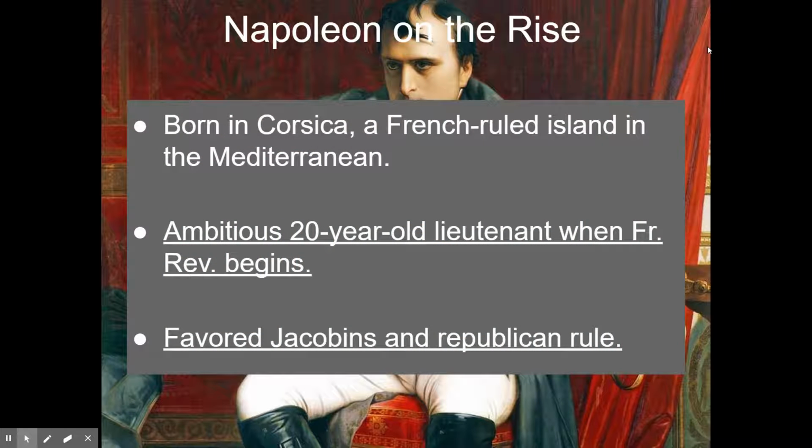Napoleon was Corsican, which is actually a tiny island that had been passed from an Italian kingdom of Genoa to France. And people there were pretty upset. They spoke Italian and Corsican, and they were mostly nationalists. So they didn't want to be under French rule. They wanted to be their own independent place. And Napoleon believed in that his entire life, which is kind of ironic, seeing that he went from becoming a Corsican nationalist who barely spoke French to becoming the Emperor of France.